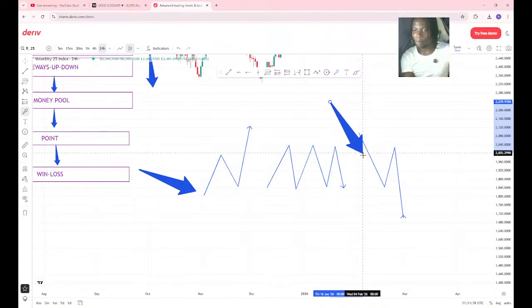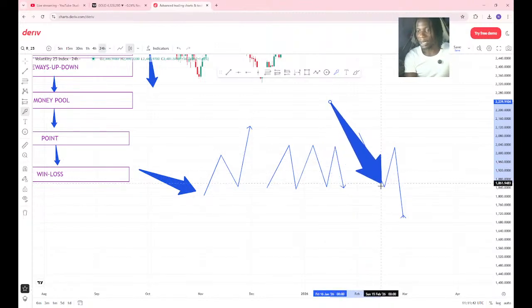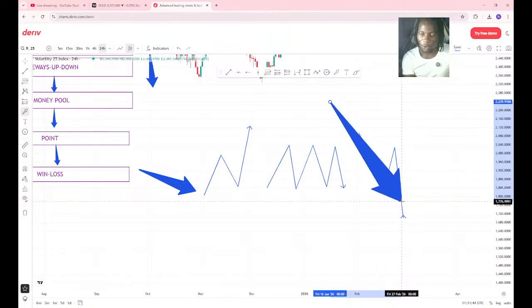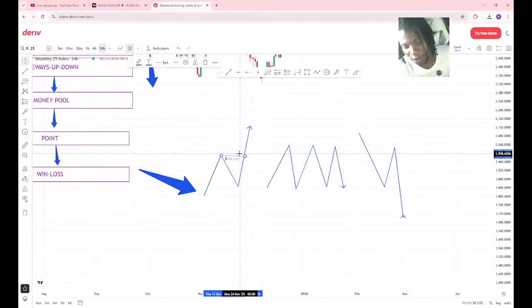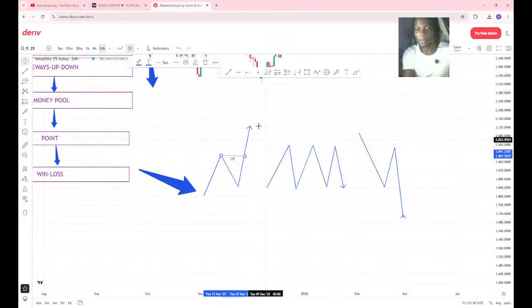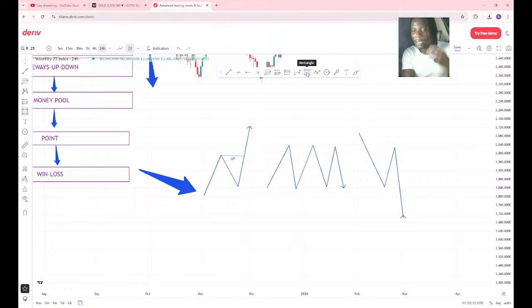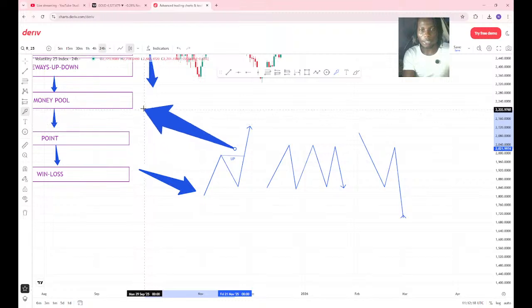Then downtrend, we say price moves down, breaks, and then continues to go to the downside. To confirm if price makes a structure point, we say once price breaks the previous high, we call this up. I like using the concept of up because now you know price is going to the upside. Once you know price is going to the upside, your next thinking will be looking for the money pool.